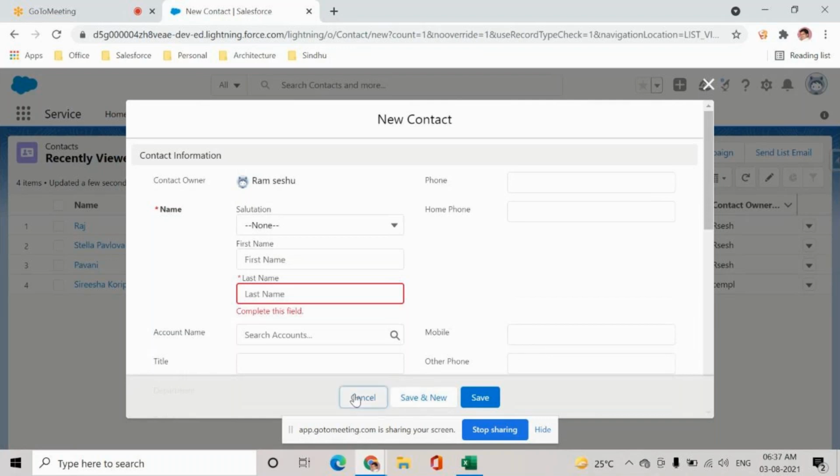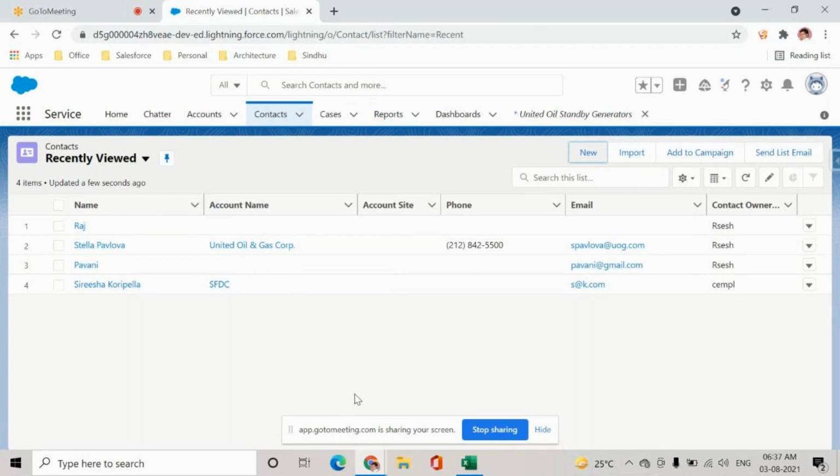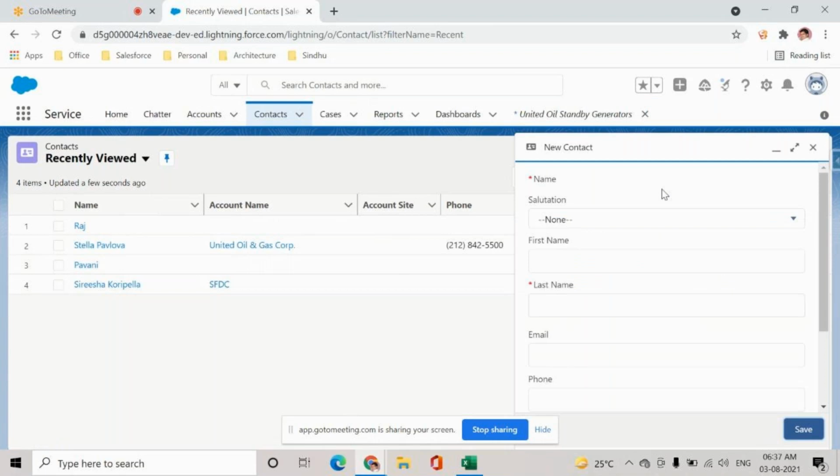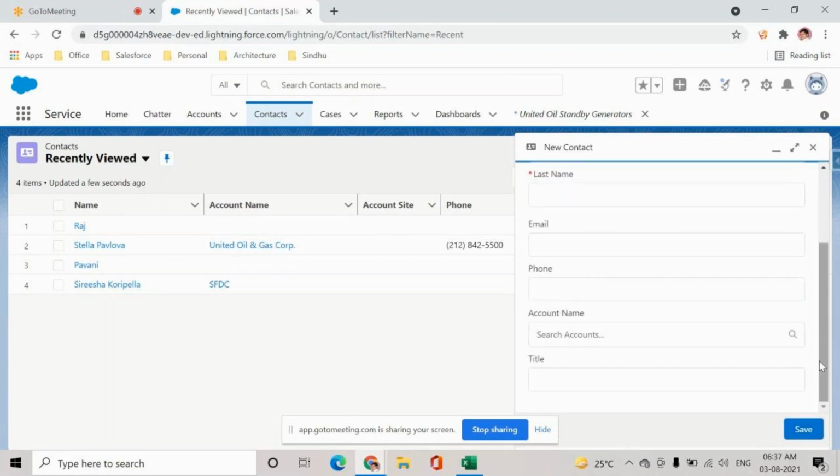So instead of opening this entire form, what we can do is define some actions. We call them global actions. If you click on this plus symbol, see, if I click on new contact, these are pretty much the basic fields that I need to create a contact. That is, email ID and phone number are required. So it will show you a simple window where it will allow you to create the records using your simple